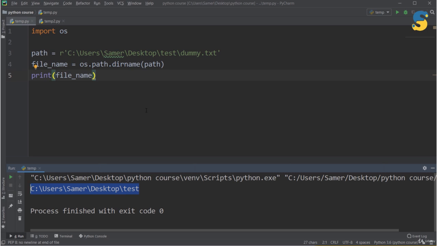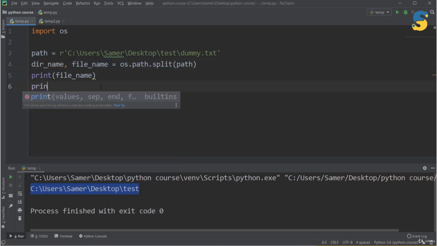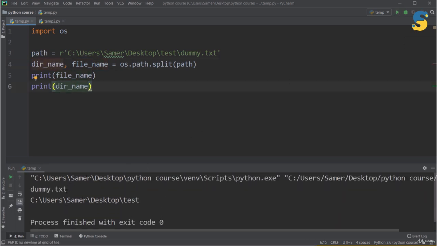Sometimes I want to extract both parts from the path. So you can use these two functions individually, or you can use the function split. Because I expect to get two things, the directory and the file name, I will say dir name, file name. I use two variables here because this function returns two values. Now I will print the file name and also the directory name. Run. As you see here, I got dummy.txt, which is the file name, and the directory name is from C